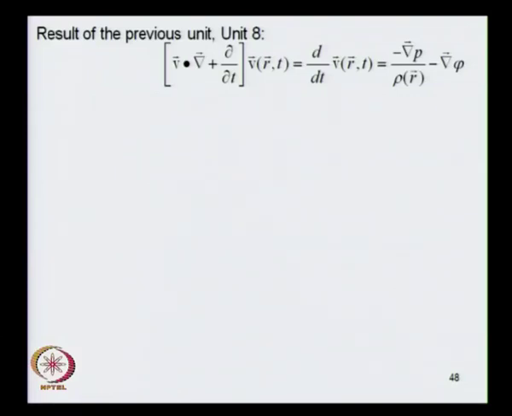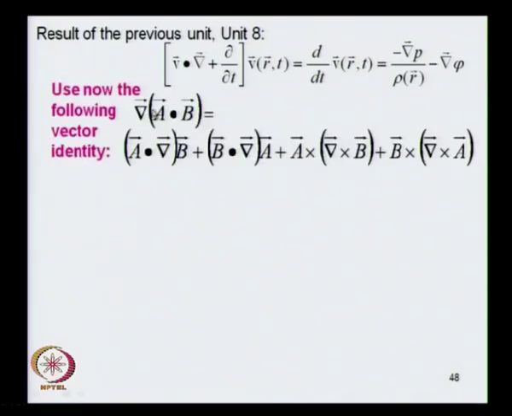So, we will use the result which we derived in unit 8, that the convective derivative was given by the gradient of the pressure divided by density with a minus sign, and the gradient of some external potential, which in our case was gravity. So, this result we have derived explicitly in unit 8, and I will just remind you of that result and use it